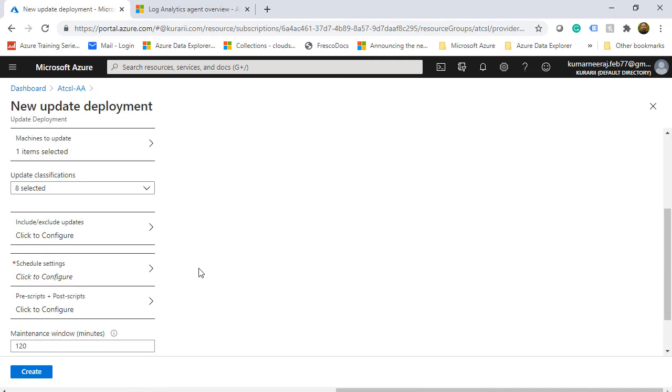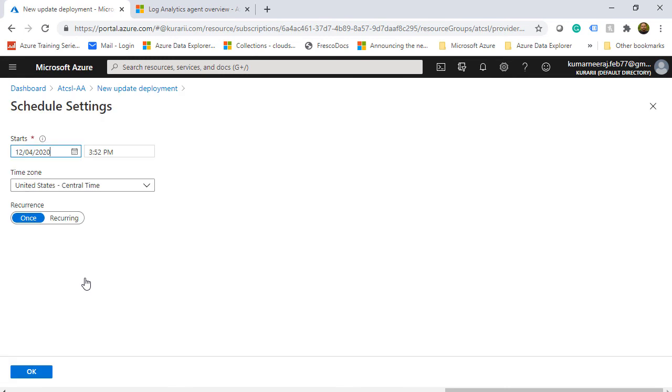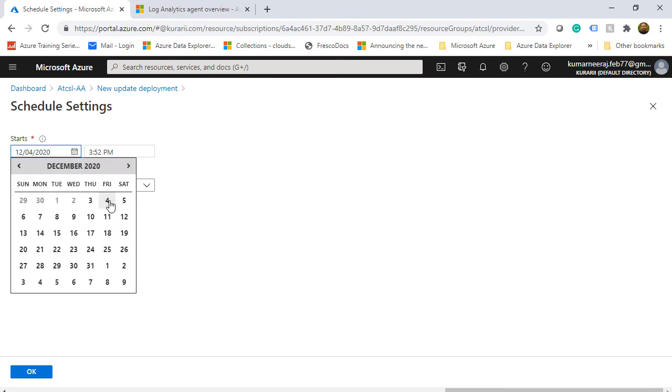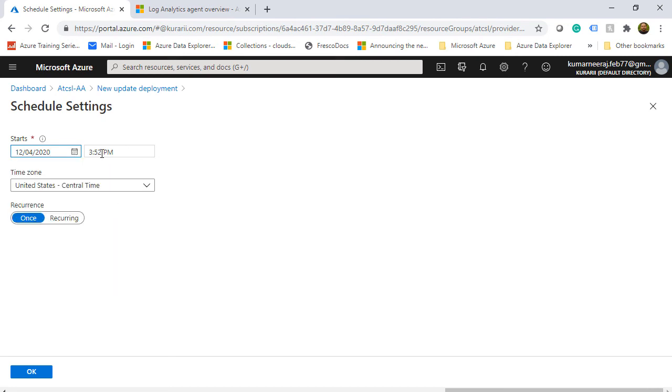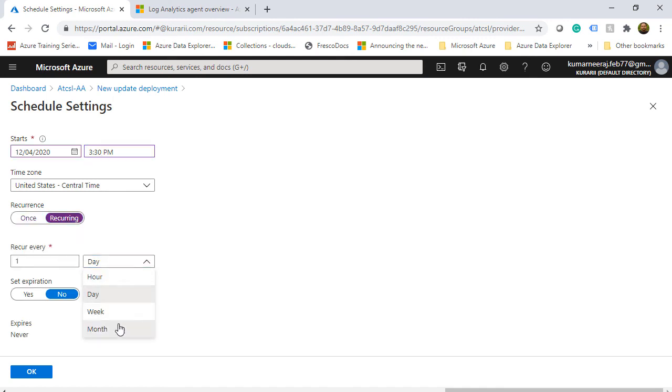And then we have schedule settings. This is the real meat and potatoes if you want to schedule a recursive update. So I will choose the date, and here I can choose a time at which the update will be running. So I'll enter the time, and then under recurrence, I will choose recurring. I have the options to choose from hourly, daily, monthly, and weekly. I'll choose to recur every 1 month.